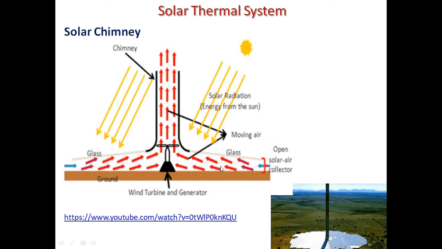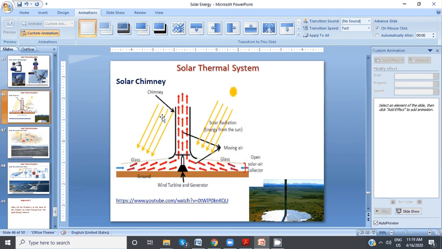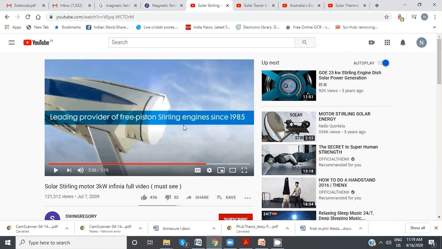So there will be heating taking place, and because of the heating, there is a pressure difference between this place and the outside. So the wind will start moving into it, and since the wind is moving it will move out through the chimney. You just put a wind turbine and generator here, so this turbine will move and you will produce electricity out of it. Again, this is quite difficult for me to explain in terms of the figure here, so let's watch one video over it.